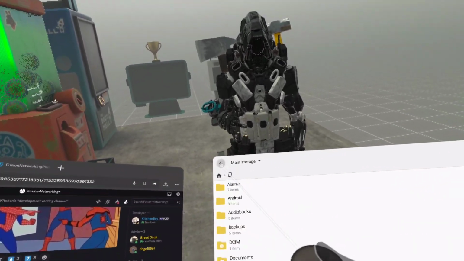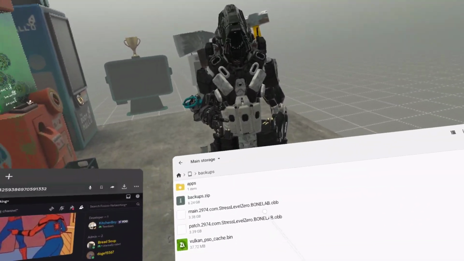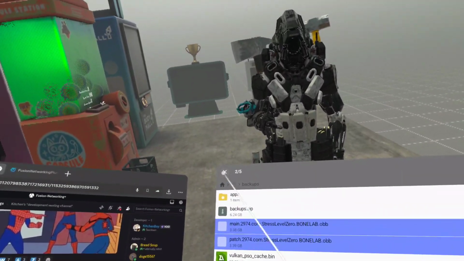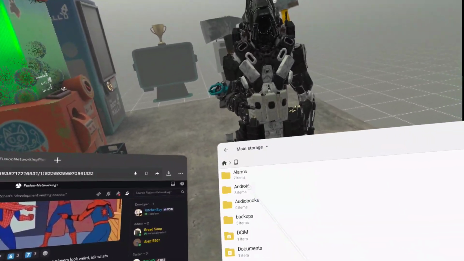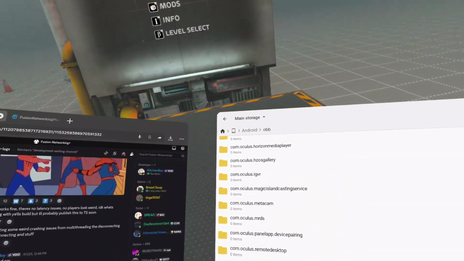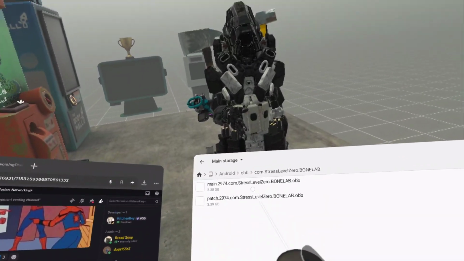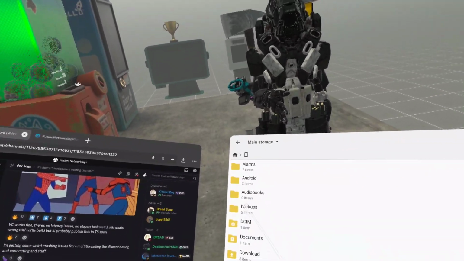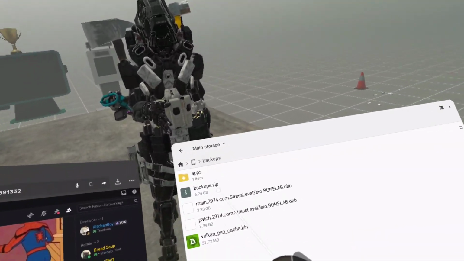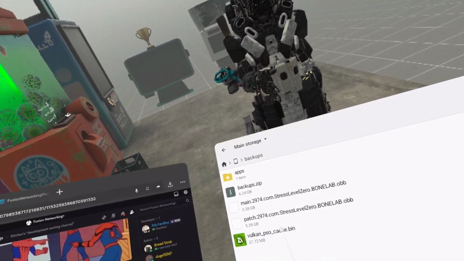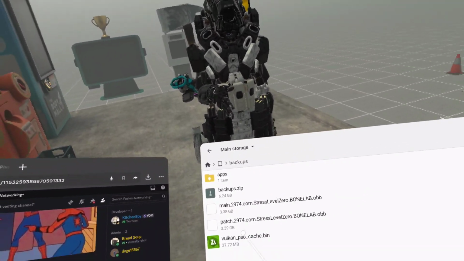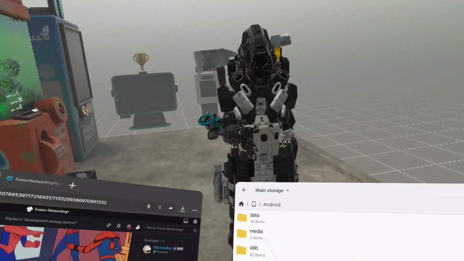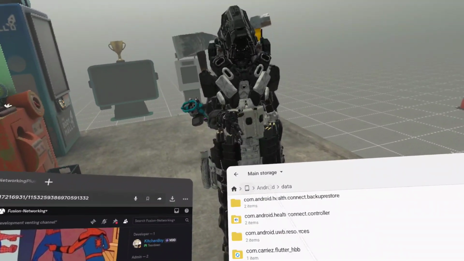After that, you're going to go back to your files. You want to go back in there, copy the OBB files, and paste them back into your Android OBB, and then com.stresslevel0. Then the same thing for cache. You're going to grab it from whatever folder you have it in, which I have mine in backups. Your cache is going to be different from mine, but it should just say cache.bin or something like that. Bring that back into Android, Data,